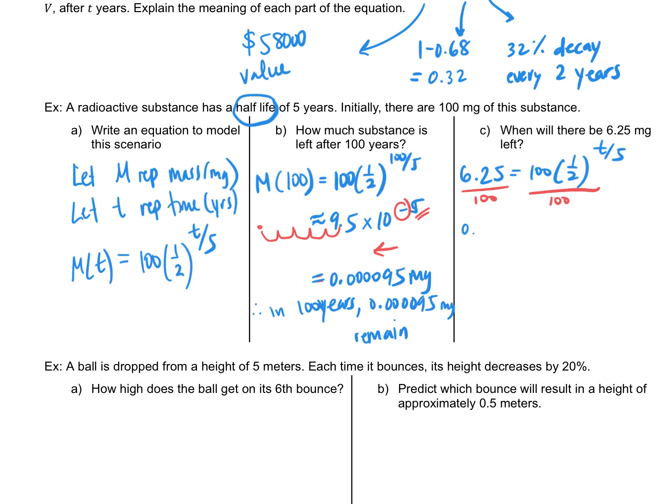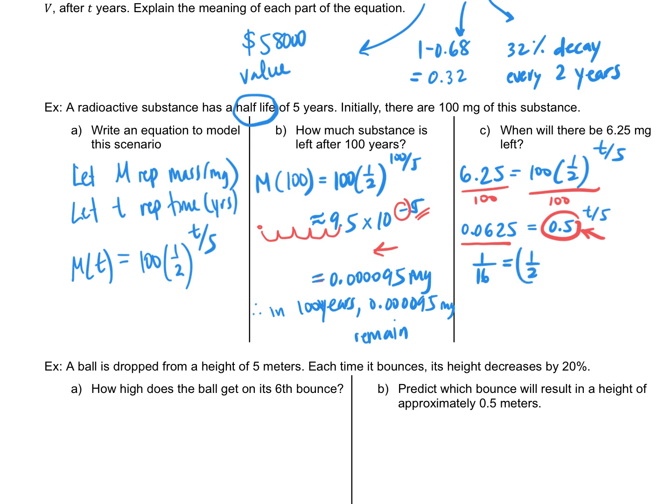Depending on your calculator, it might give you this decimal, and then a half is just 0.5, so you can write it like that. And then you'd be using kind of a guess and check strategy where you're trying to figure out 0.5 to the power of what gives you 0.0625, because you're trying to match to the base with the variable. Or some calculators, or if you know the decimal off the top of your head, will give you 1